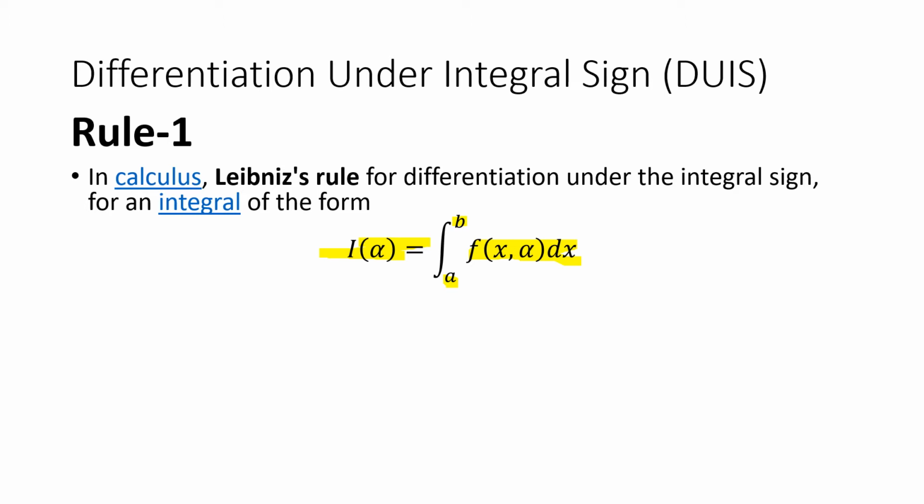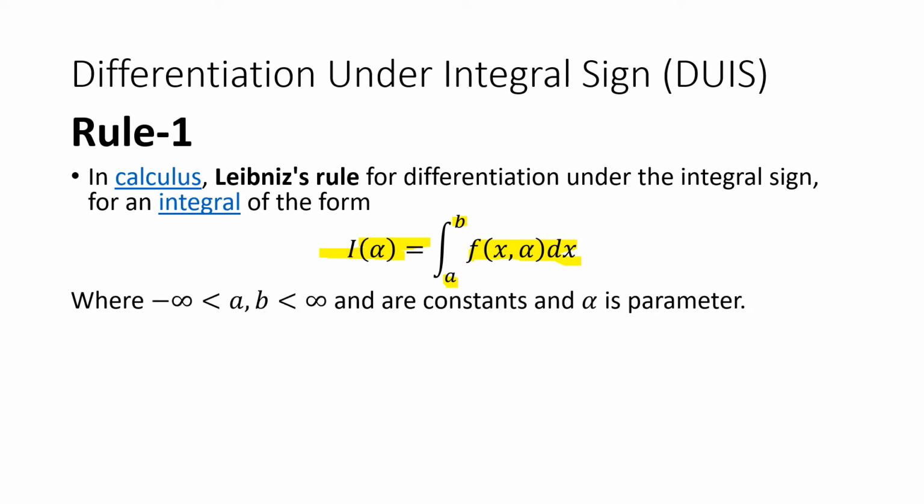Whenever we want to differentiate under integral sign, we have to use Leibniz rule. It is also called Leibniz rule, right? This particular method, that is DUIS, is used to solve definite integrals only, and when the integrals are not solvable, then we particularly use DUIS. Now if we want to differentiate it, then how we will use Leibniz rule, I will explain here.